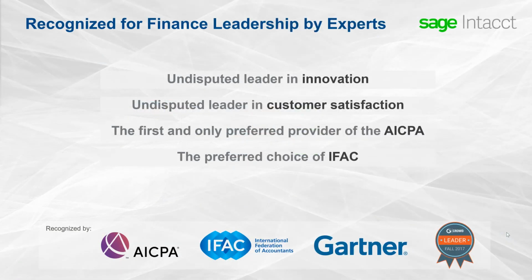So why choose Sage Intacct? Well, we're the right partner to help in your success. As a leader in innovation, we're recognized as a visionary by industry analysts like Gartner. We're the cloud accounting leader in customer satisfaction with a rating of 98 out of 100 on G2 Crowd across over 2,000 reviews. We are the first and only preferred financial solution of the AICPA,